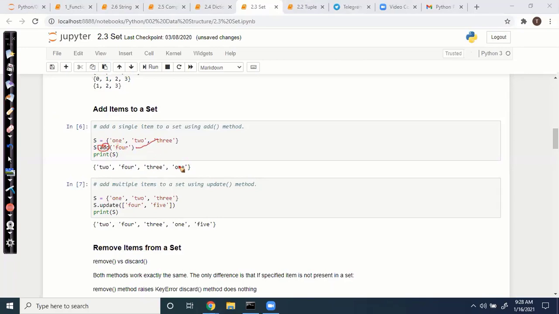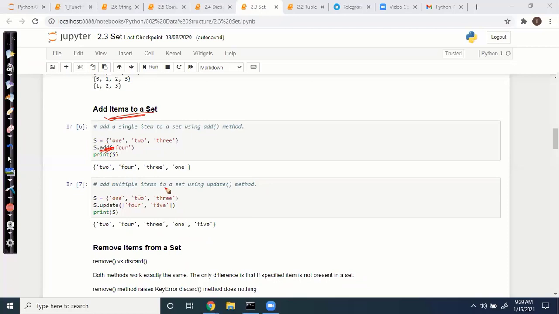So the item is getting added. But it's unordered. It is getting added randomly. You can't specify the places.